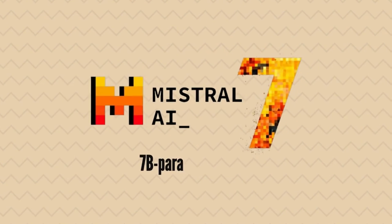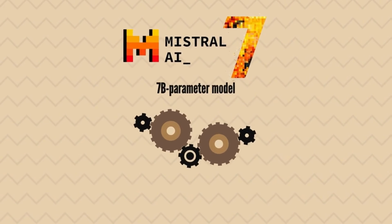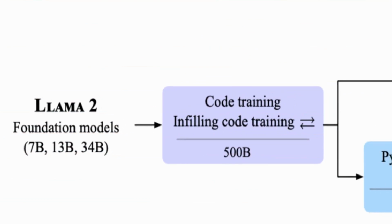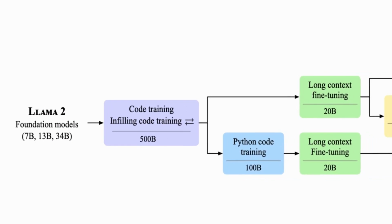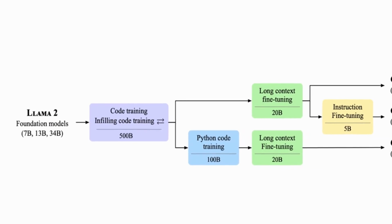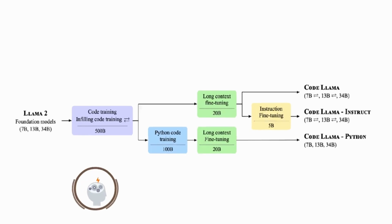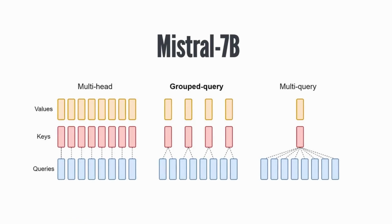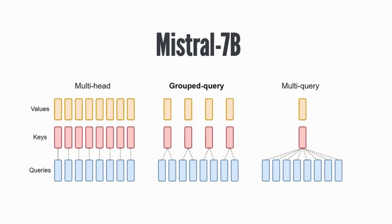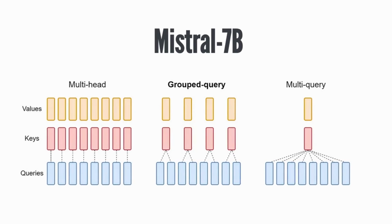Mistral 7B, a 7 billion parameter model, is engineered for exceptional performance and efficiency, outperforming the best open-source 13 billion parameter model, such as the 13 billion parameter Llama 2 and the 34 billion parameter model, the Llama 34B, in reasoning, mathematics, and code generation. This model utilizes grouped query attention for faster inference and sliding window attention for handling sequences of arbitrary length more